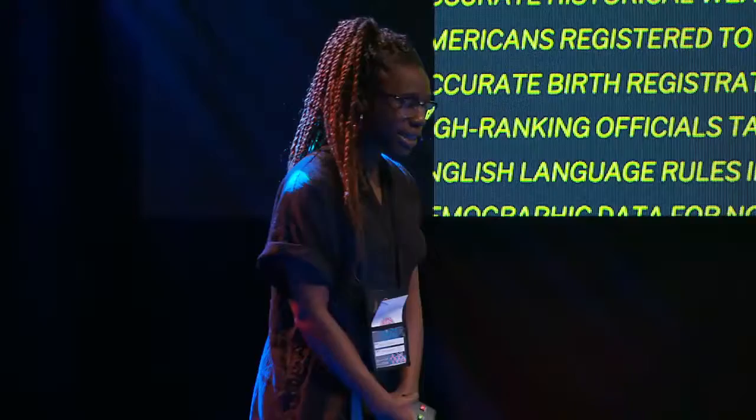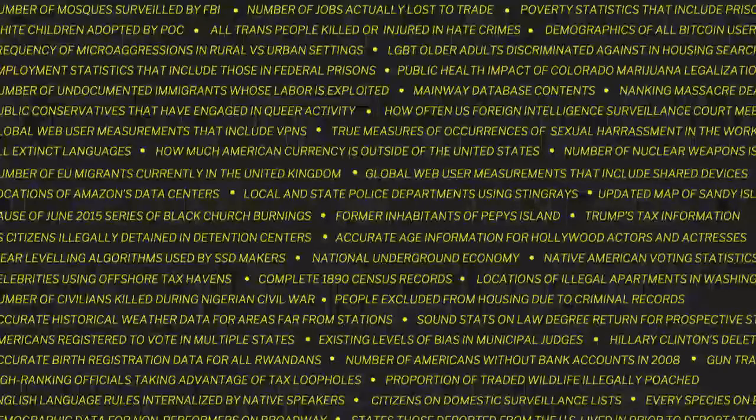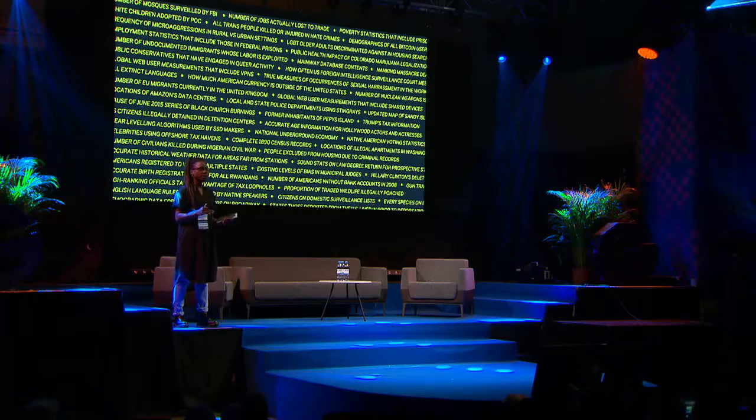So here are some examples of missing data sets. This is actually an old list. It's not entirely updated, but I'll go through and talk about a few of them. And what I started to discover is that rather than focusing on the actual data sets, because it can become tempting to want to fetishize the data sets, what's more interesting is thinking about the reasons why things aren't being collected, what I like to call these patterns of absence. And really what I started to discover is that there are four reasons why you get missing data.